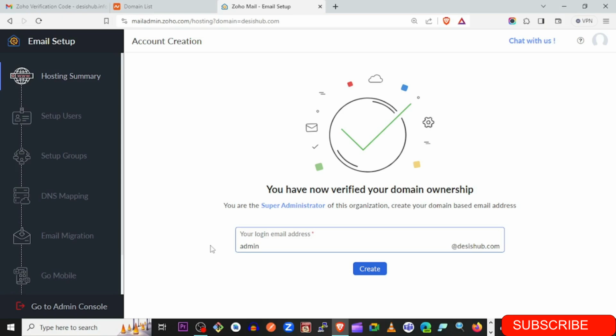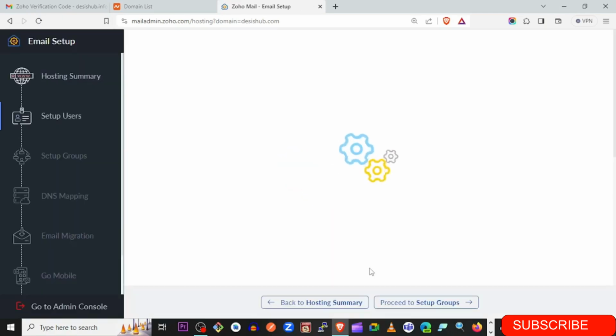Now I'm just going to be the super admin. I'm just going to put admin at this and then create. Now that is going to be your first email. Okay, so the first email they give you right away is the admin email. Now after you have set up the super admin email, they will now give you the option to create more